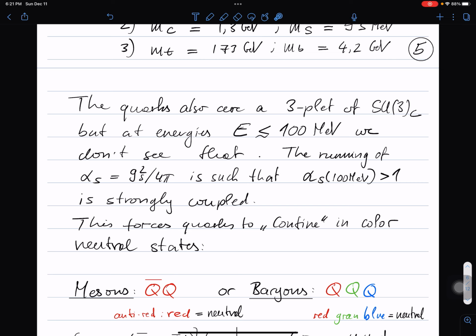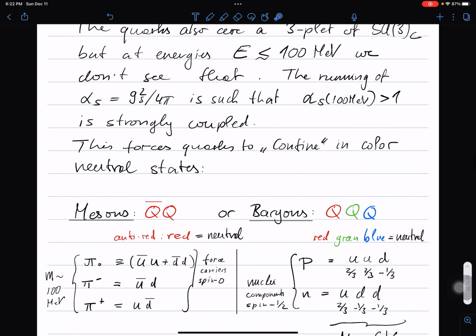But at energies lower than 100 MeV, or temperatures lower than 100 MeV, which is most of the stuff we observe in nature, we don't see that. The running of this coupling, as we discussed, at low energies grows. The strong interaction coupling alpha grows and becomes larger than 1 at energies below 100 MeV. The theory is strongly coupled, which forces quarks to undergo so-called confinement, and they need to hide their color